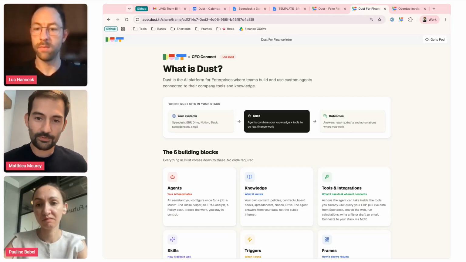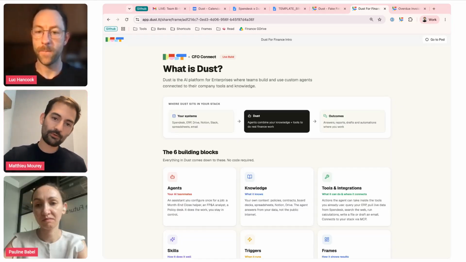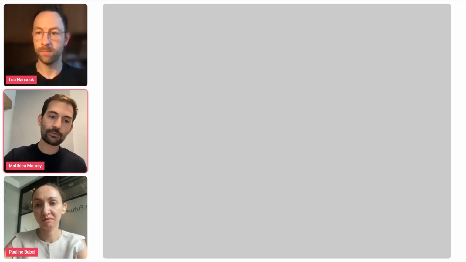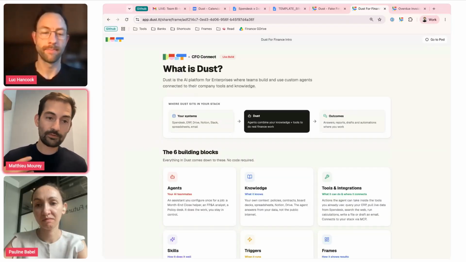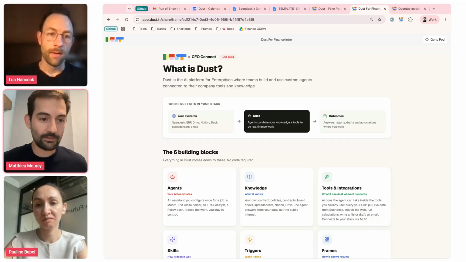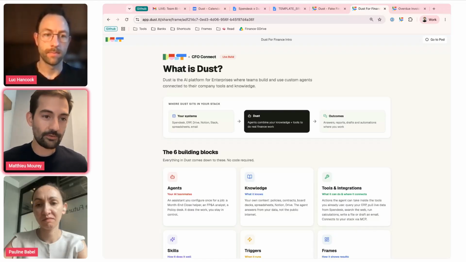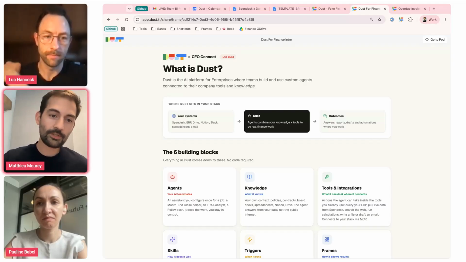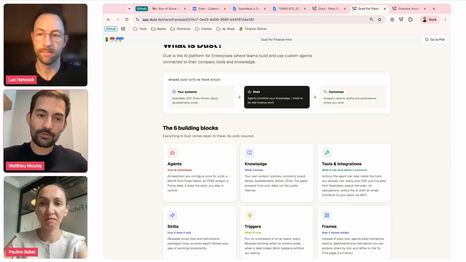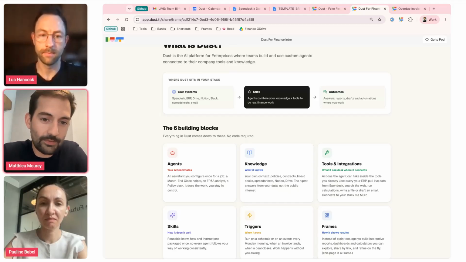And with Dust, it's all about taking the most out of all these systems and bringing outcomes that are basically work and intelligence built with AI. So a bit later, we're going to look at some agents and how we build them live.